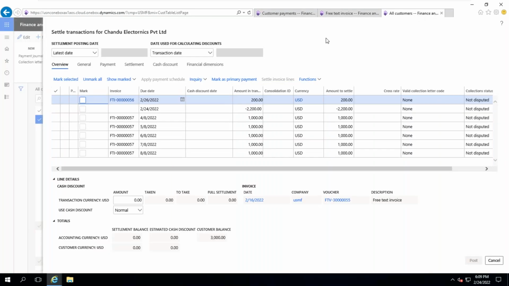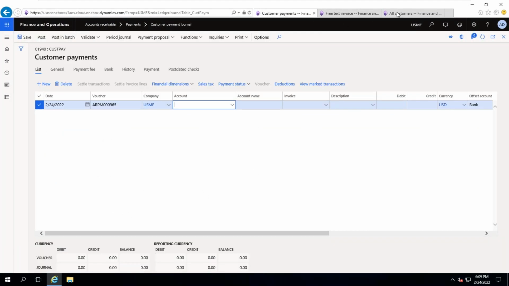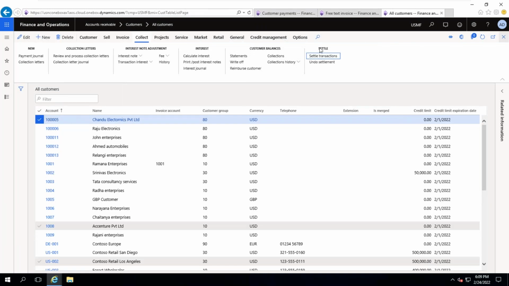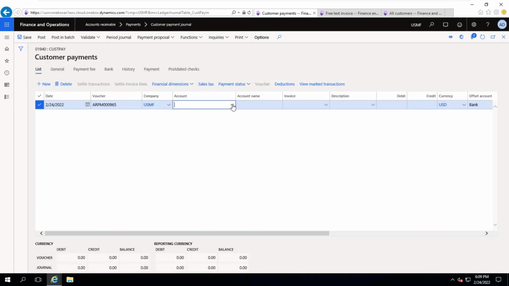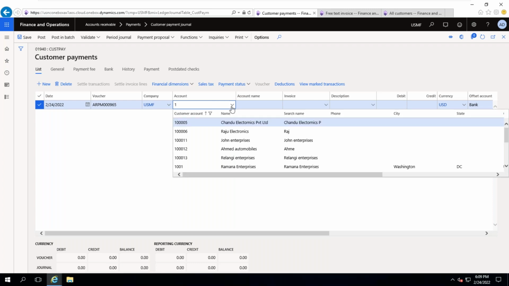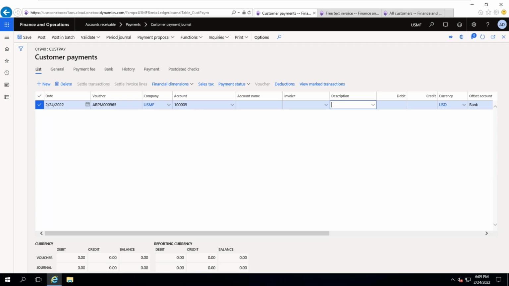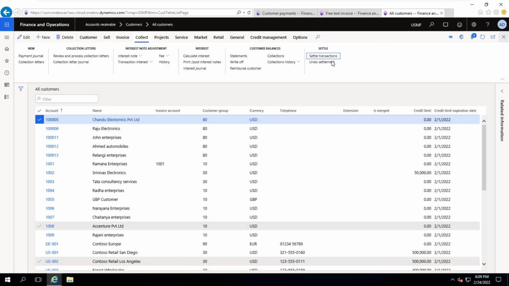What is the customer number? It is taking some time for me to select from the drop down. It is 10005. Sometimes it will take some time. So if I enter 1, it will come automatically. Yeah, 10005. Now, if you click on settle transactions here, whatever is opened from here, customer settle transactions,